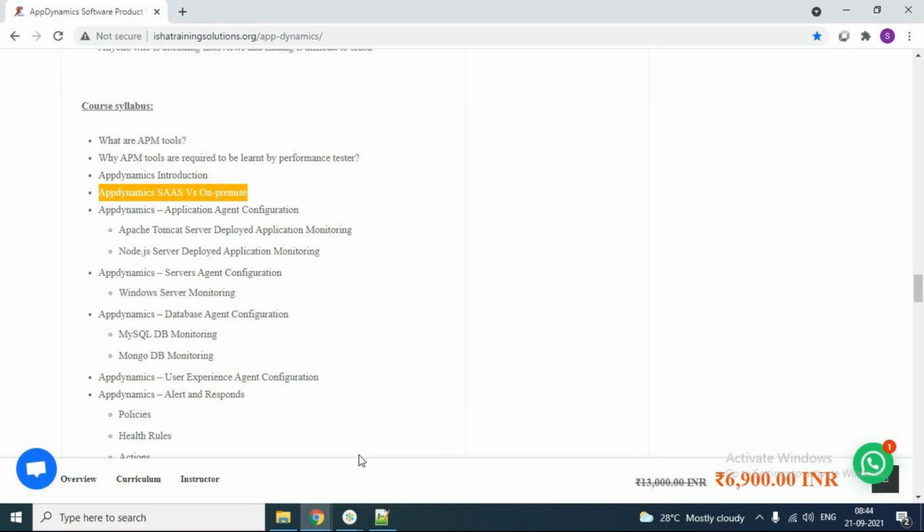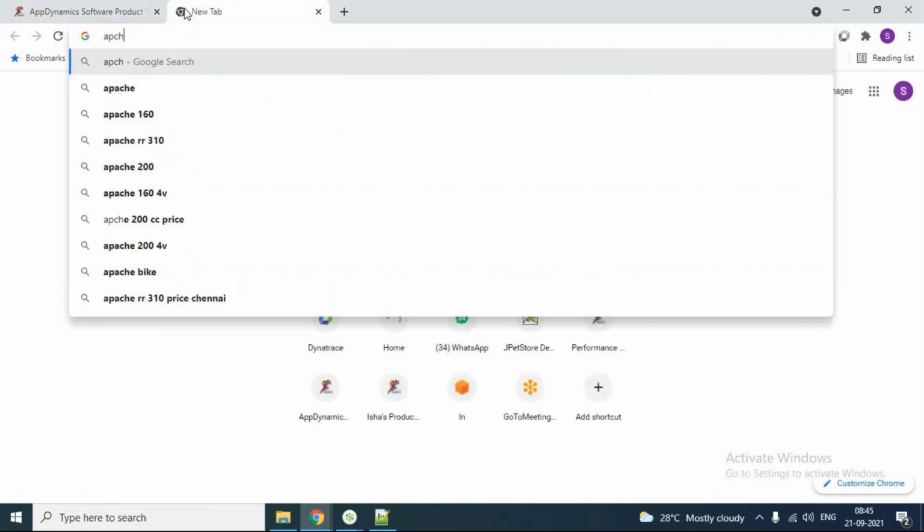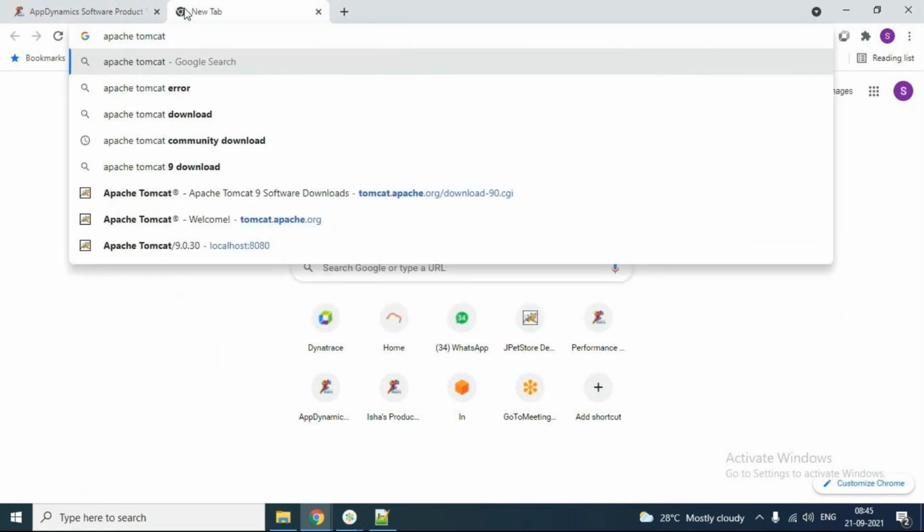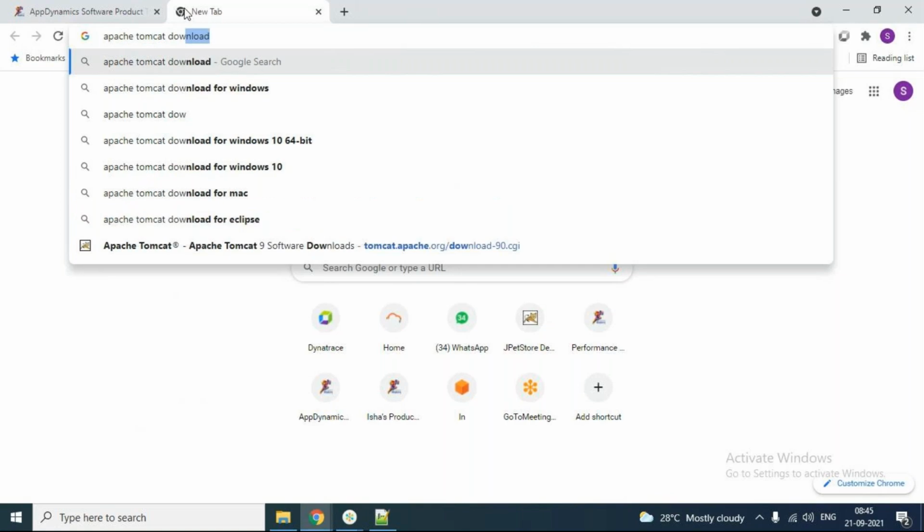Sorry, I mean your Apache Tomcat, you have to download it, so that on top of the server you can install your application. First, I encourage you guys to go to the internet and type Apache Tomcat download community.